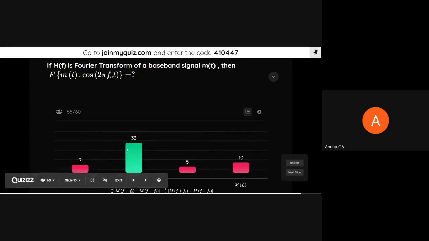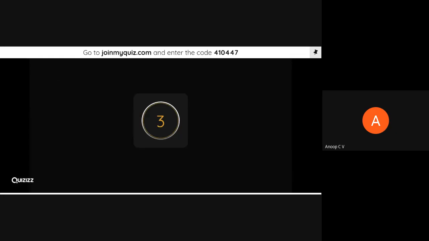Now at this point, maybe after this quiz I'll ask, what is the significance of this negative frequency content? When I drew the spectrum of a real valued baseband signal, it was symmetric. It was an even function of frequency, symmetric about f equal to 0. It had positive and negative frequency contents. What actually is the significance of negative frequency content? That is an open question. Maybe after this, I'll give a chance to all of you to answer.